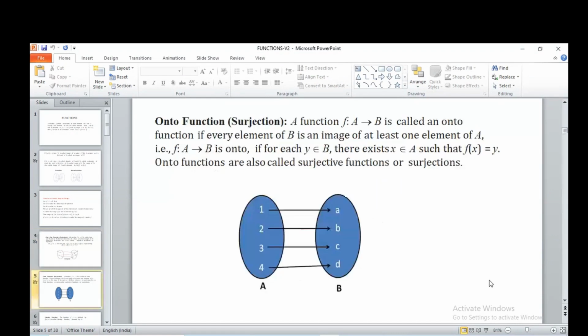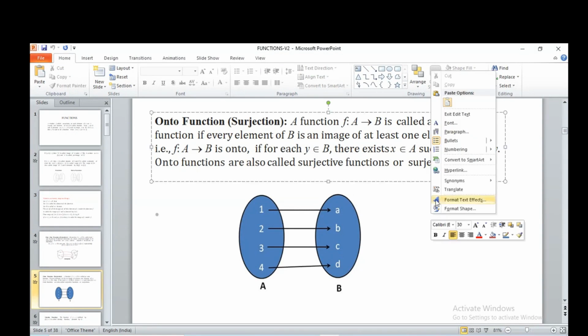Next part, onto function. Onto function means surjection. So we have to know the difference between injection and surjection. A function f from A to B is called an onto function if every element of B is an image